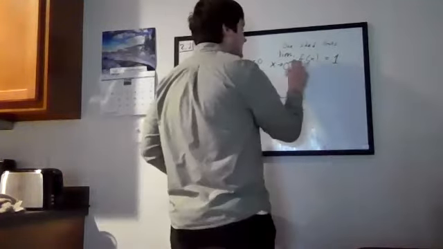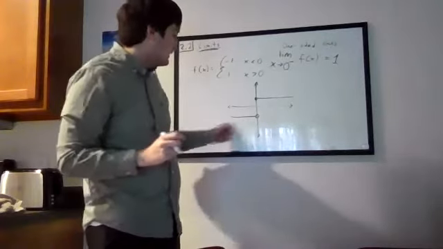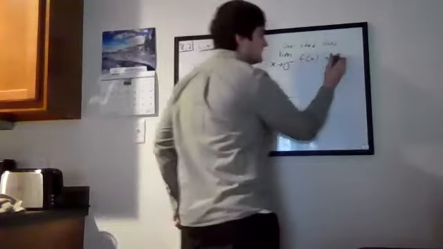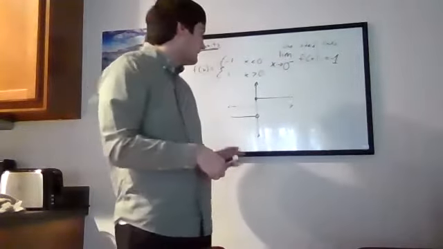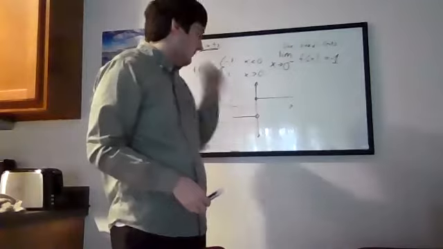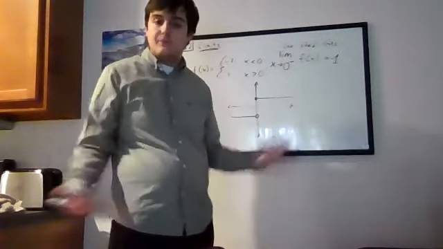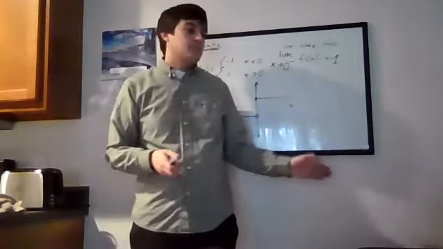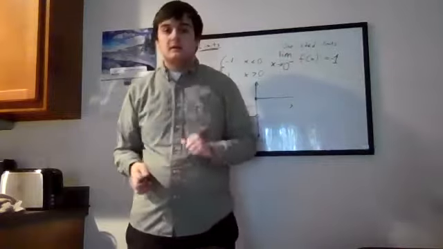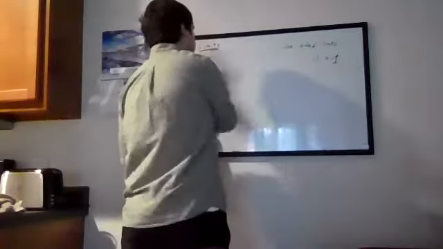And if we decide to change it and look at the left instead, well, I would look at the left side and my graph is going towards -1. So that would be what I would call the value at that point, okay? So even if a limit at a point doesn't necessarily exist, we could still find a left and right hand side limit, okay? And that actually leads us to an important result, which I'd like to write,